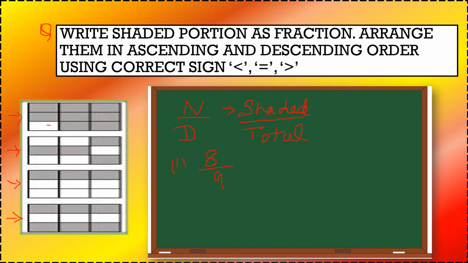Now let me write my second fraction. What is my second fraction here, children? Can you make one for me? Yeah. So we know that the total parts are 9. We already know, but the shaded is changing here. So I will write here my second as, let me count, 1, then 2, then 3, and then 4. So that means there are 4 shaded parts in this figure. So let's do the third now, like this.